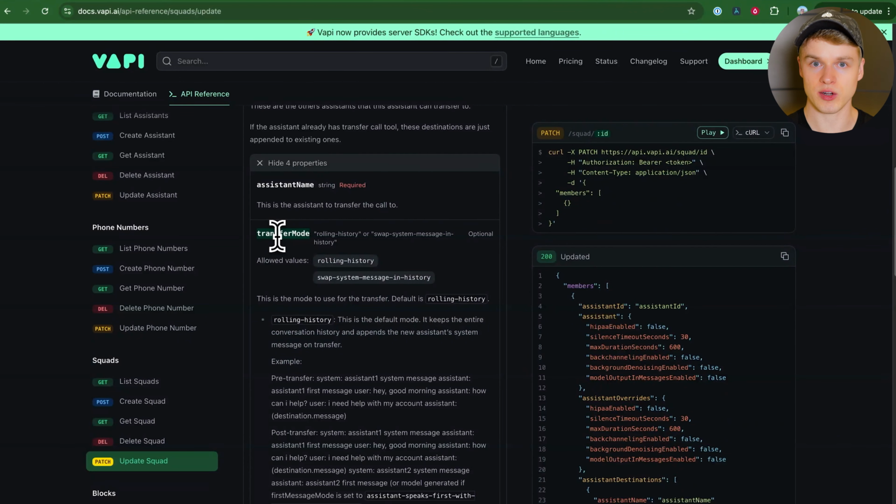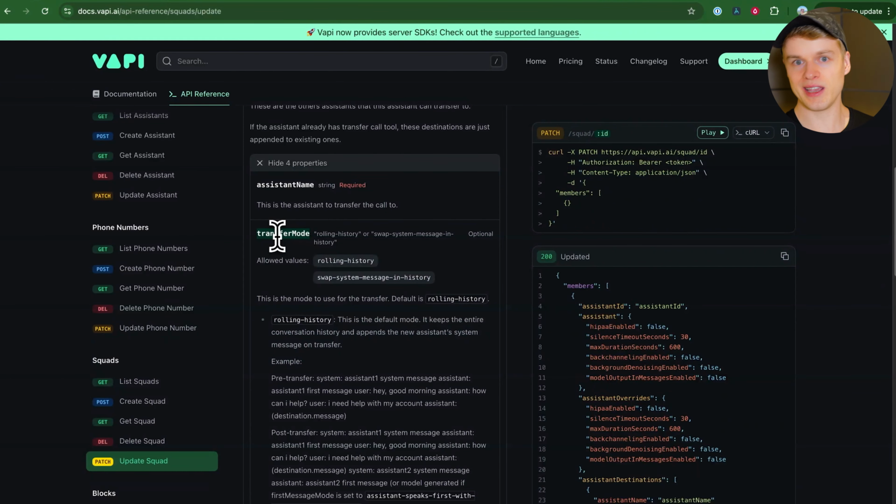probably something for the chat completions, you will have the main system prompt, so the one of the initial assistant, then you have the conversation until then, and then you have the system prompt of the new assistant, so the one that you basically transferred it to, and from there the conversation continues. So you have access to both of the system prompts within the same conversations, which is great. So it is super great for increasing the quality of some of the calls if you have a smaller squad